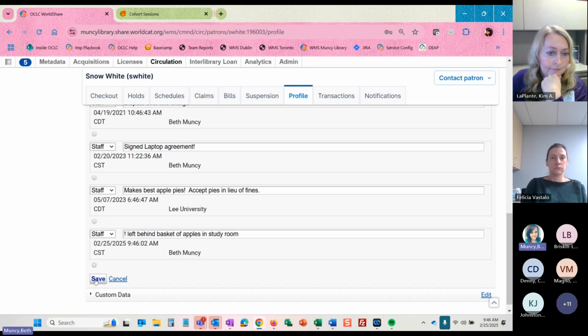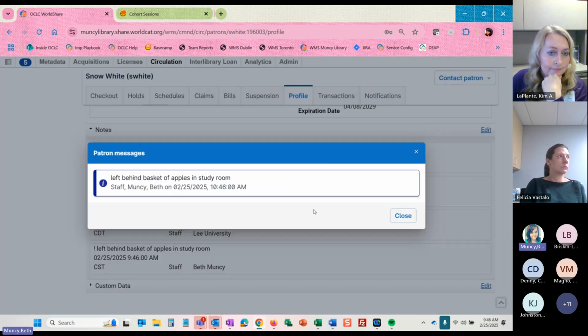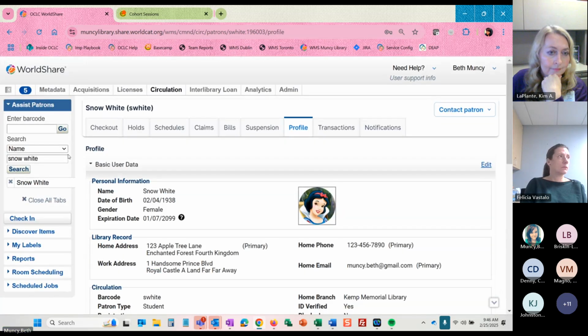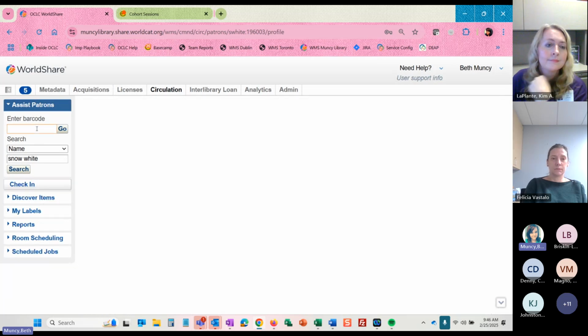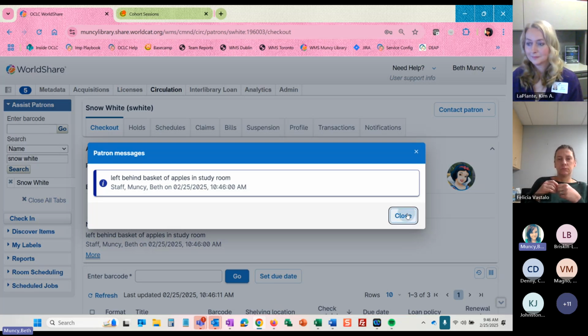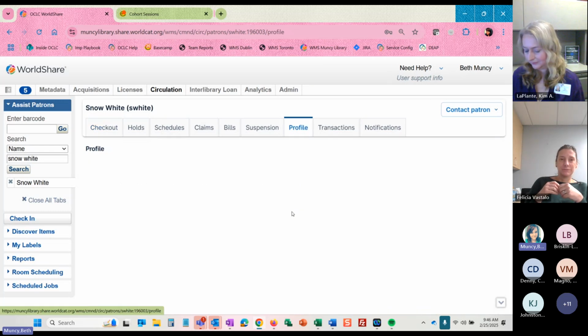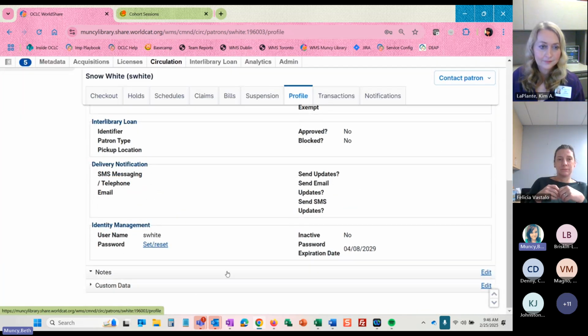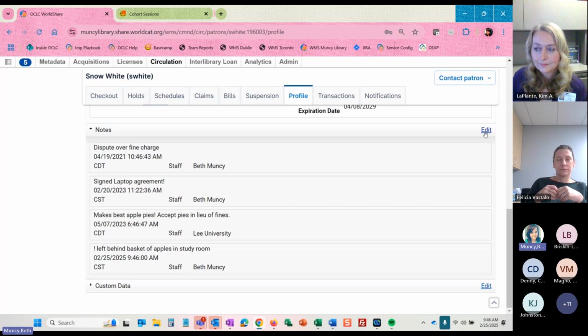Save, save. Okay, let's make sure you hit save. There it is. Here's my pop-up. Now, every time I go into our account, that pop-up's going to be there until I either remove the exclamation point or delete the note out entirely. So I can close, make sure that I give her back her basket, and then come in and adjust the note as needed. So I can either choose to